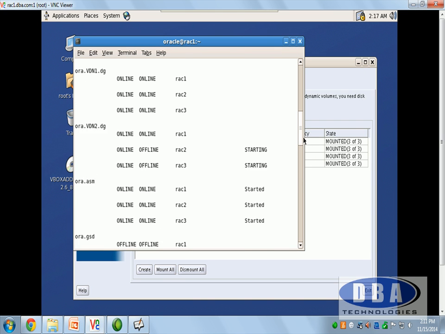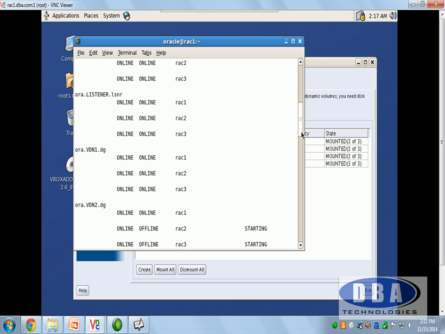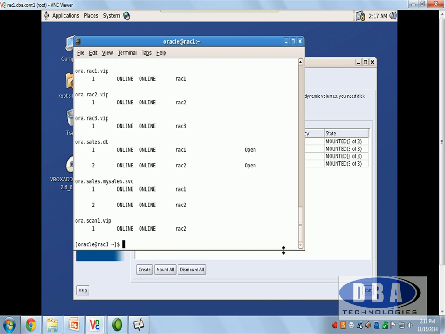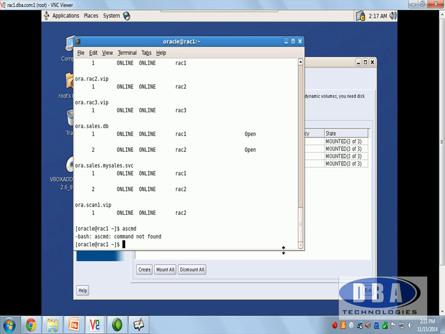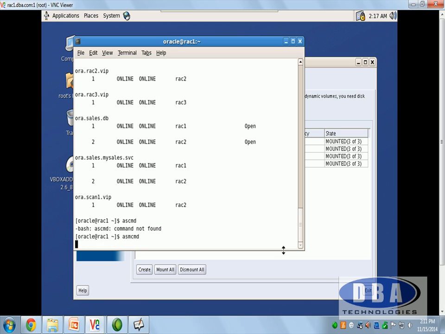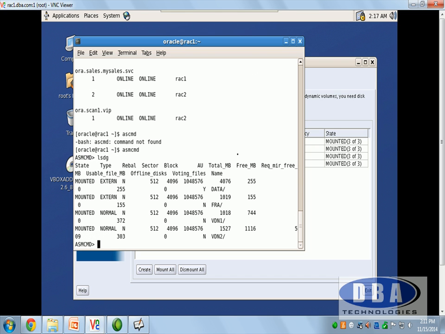So let me show you the other way of verifying the details. ASMCMD is the command line utility that connects to ASM. Okay, it connects to the prompt and I say LSDG, right?